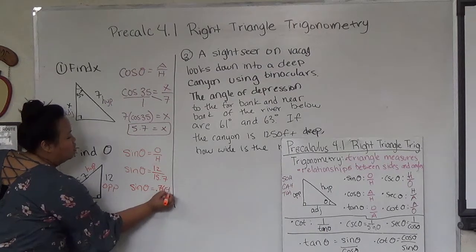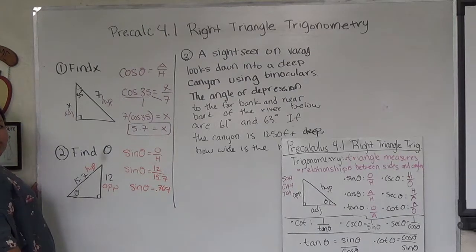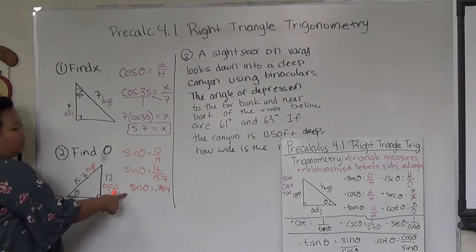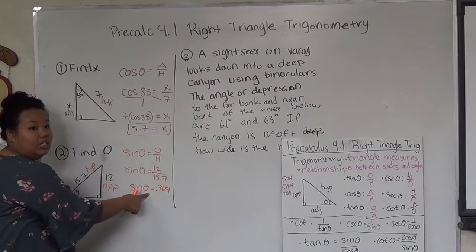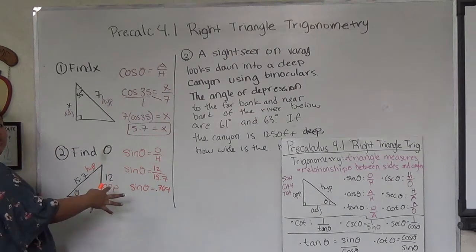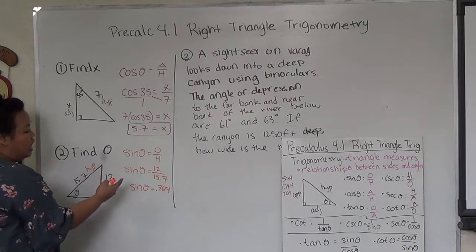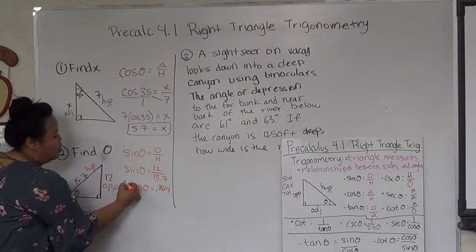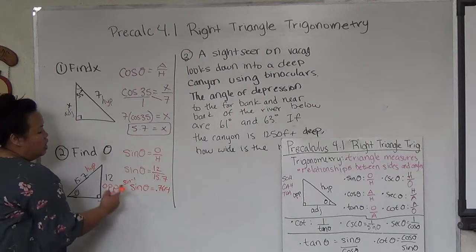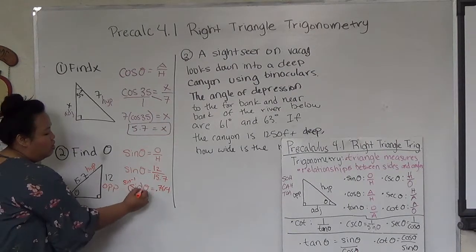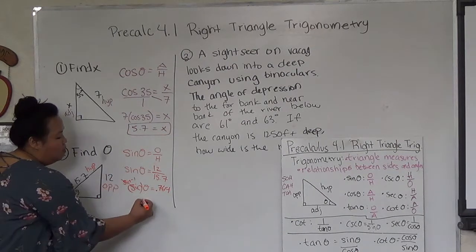Okay, so this will be 0.764. Okay? So in this case, I'm solving for theta. To separate sine and theta, I have to do the opposite of sine, the inverse. So I'm not going to do secant. I needed to do the opposite of sine, which is sine^-1. Sine^-1 of sine cancels out, leaving me with just